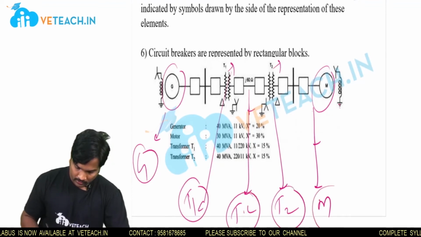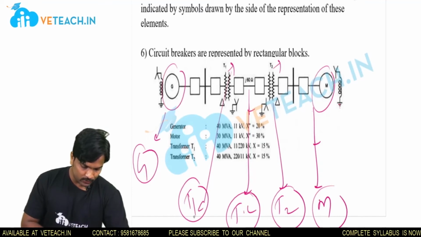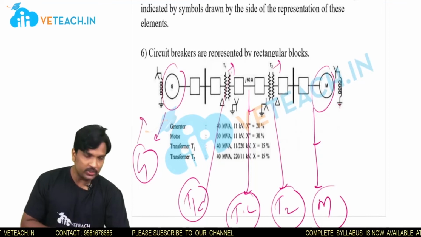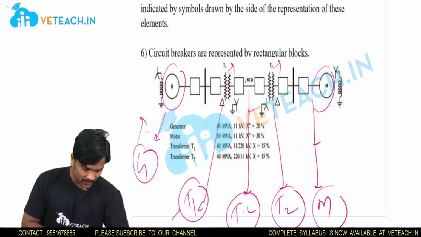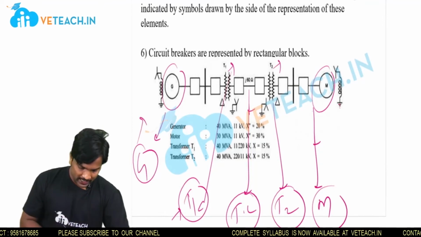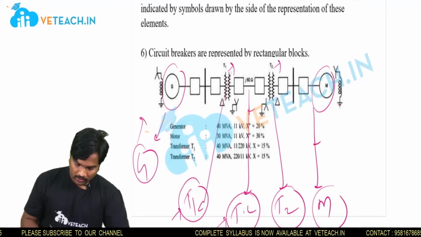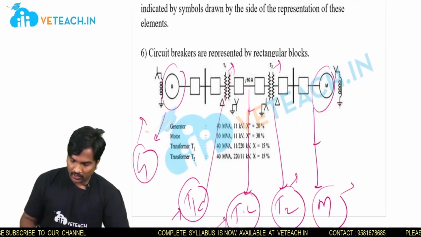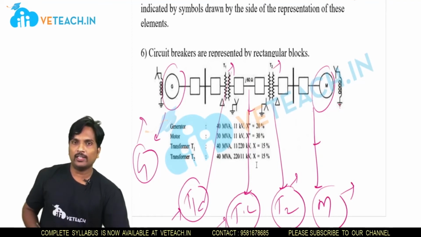See, these things we have represented in the impedance diagram. First one is generator, transformer T1, transmission line, T2 and motor. Generator is represented with the impedance in series with the voltage source, whereas transformer T1 is represented with their equivalent circuits. Transmission line is represented with their pi equivalent, and again transformer T2 is represented with their equivalent circuits, whereas motor is represented with their impedances in series with the voltage sources.